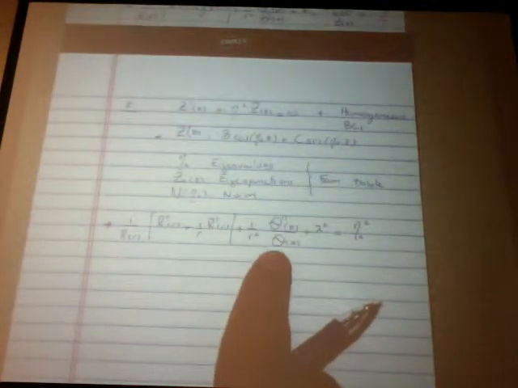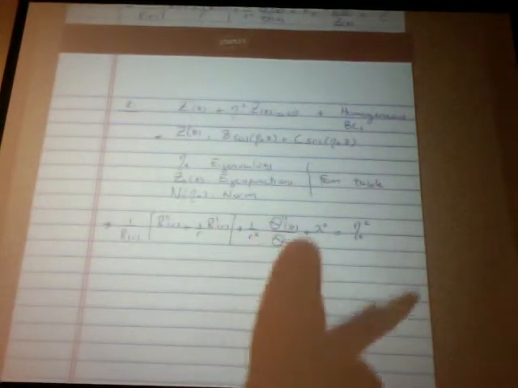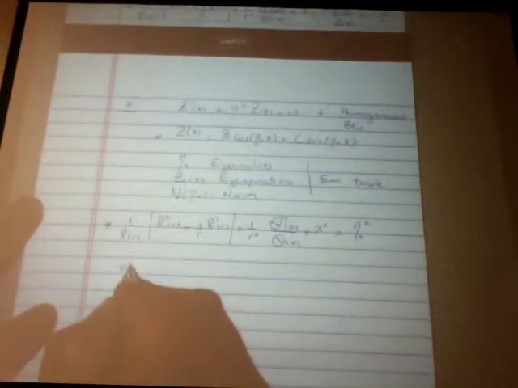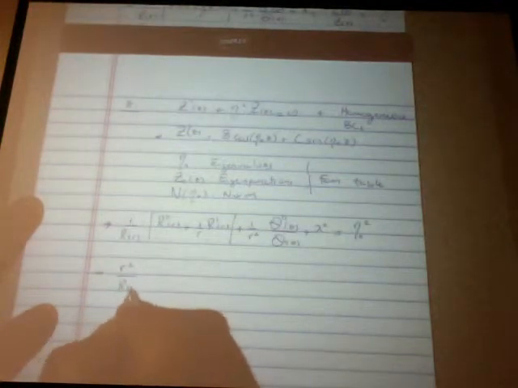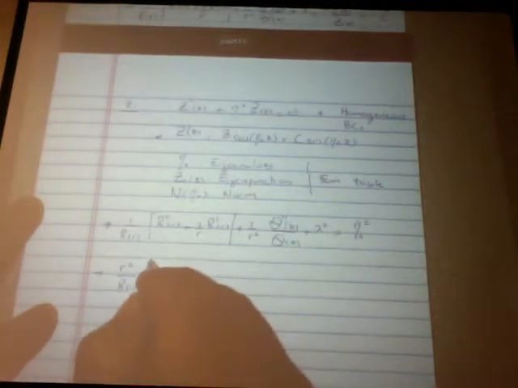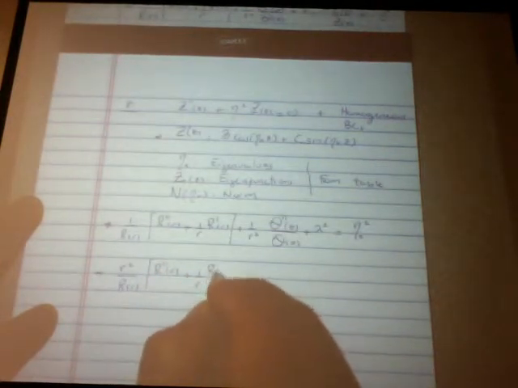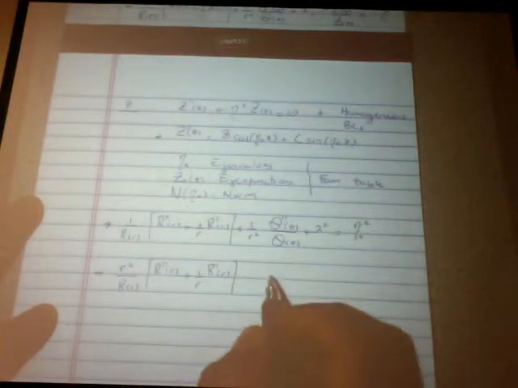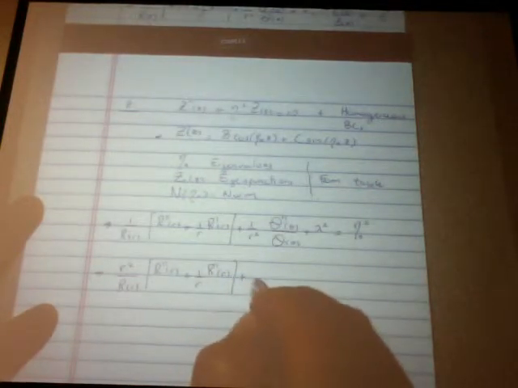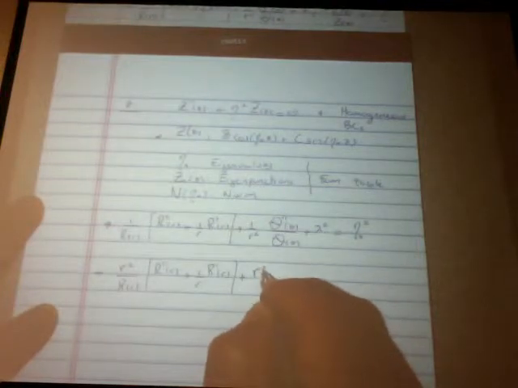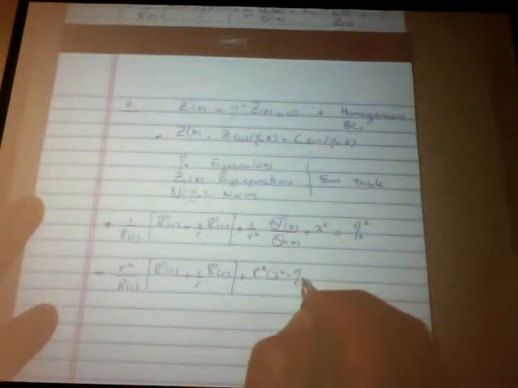Now we know that that's an eigenvalue, and therefore we put in the index n. So now we multiply everything by r squared so that we can separate the theta here. So we have r squared over R(r) times [R''(r) plus 1 over r R'(r)], and we have plus r squared that multiplies lambda squared minus eta_n squared,